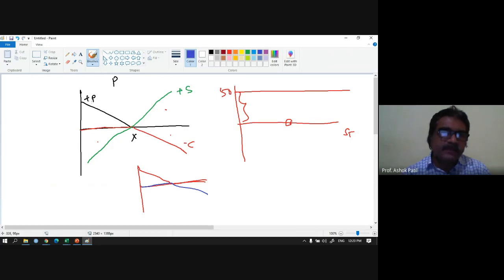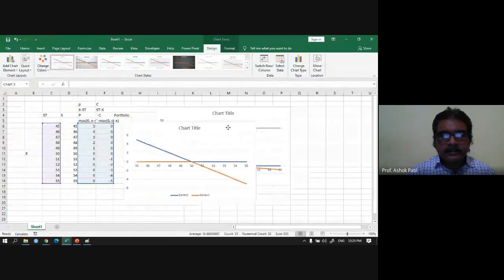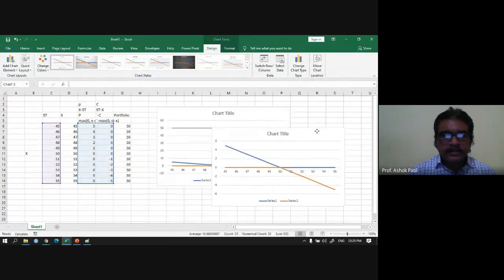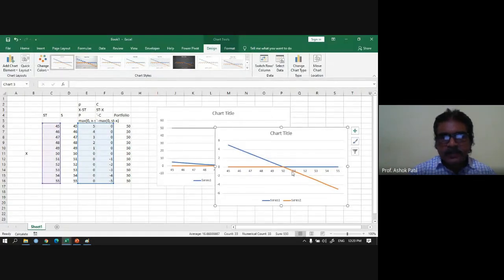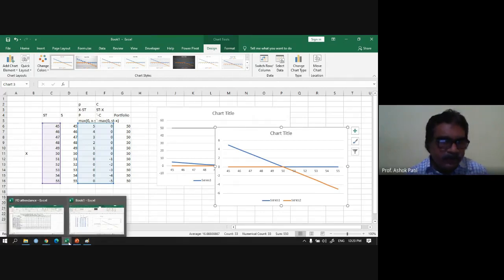Okay, so that will actually start from 45, wherever we started the data from. So the data is from 45, and the line will start parallel to like this. That is going to create an unnecessary line, so it is not required. So this is the payoff diagram, and if you want to superimpose the diagram of S, it will go here. For illustration purposes, we are saying that